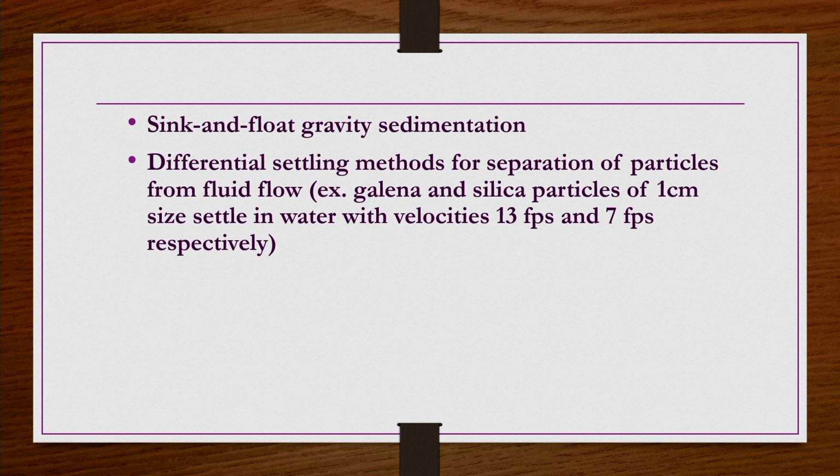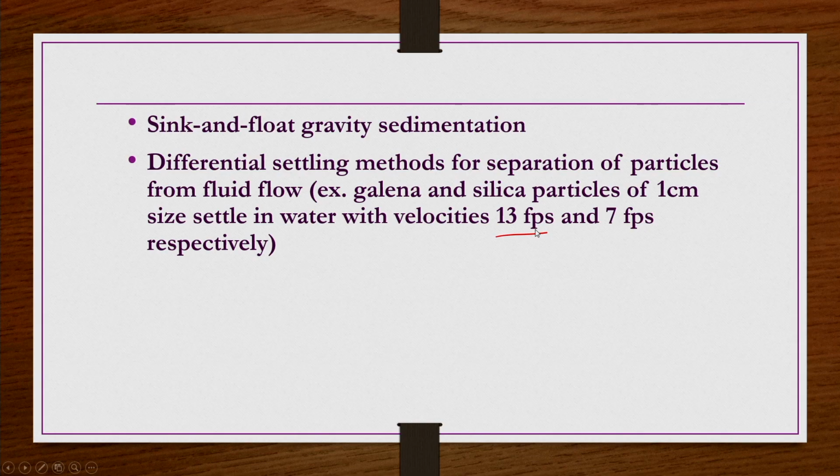So, now you are not finding a fluid which has a density in between these two, so that you can do the sink and float method. Then what you do is crush them into a uniform size, let us say 1 centimeter, and then allow this material to settle in a solvent, let us take water, right. The particle size dP is now the same for both PbS as well as SiO2, but the density of PbS is higher than SiO2.